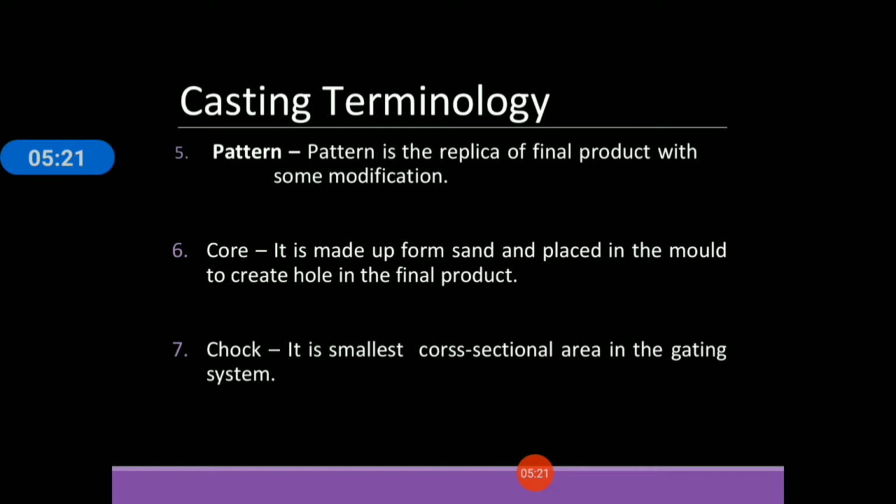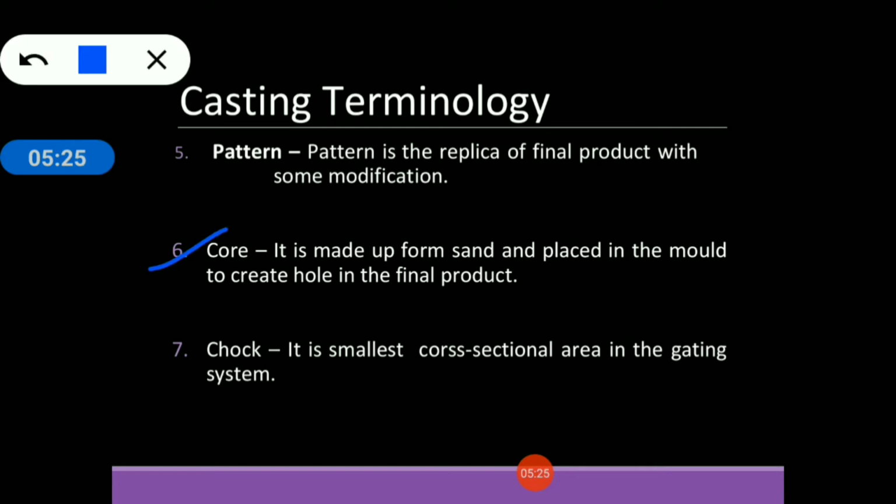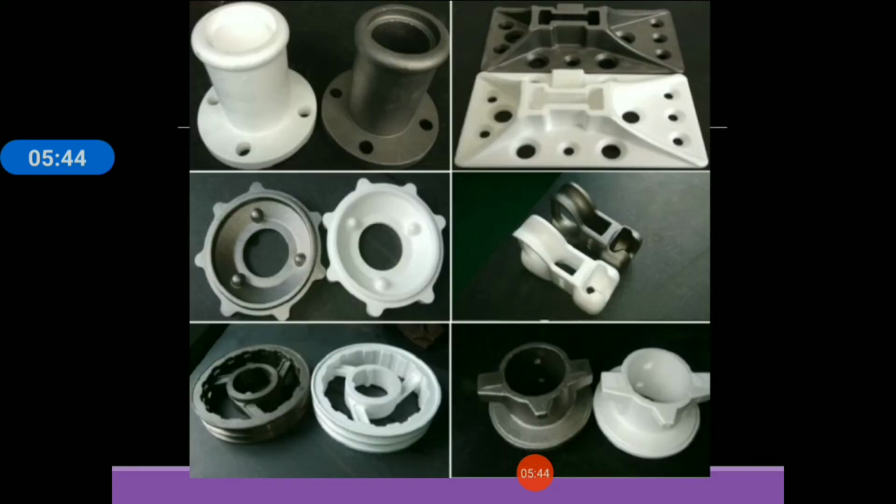Next one is core. It is made up of sand and placed in the mold to create a hole in the final product. So core is used if you want to create a hole in your final product. At that time you place a core at the desired location. So that is your core. See in this figure,